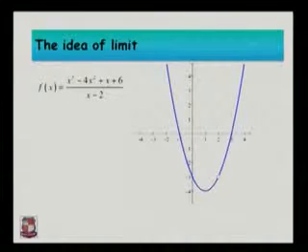Now we are quickly moving to our next topic, which is limit. Today we will start with the definition and the idea of the limit, and then we will discuss some basic examples on the limit. Okay, so in the limit part, what is the idea of the limit? If we look at this function f of x is equal to x cube minus 4x square plus x plus 6 upon x minus 2, if anyone asks that what is the